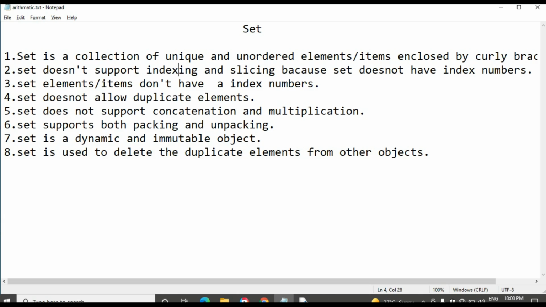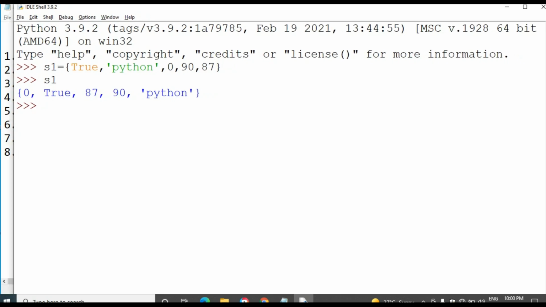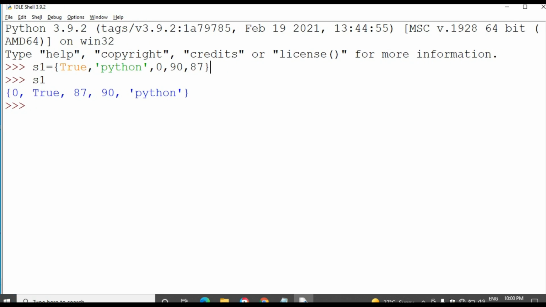Then the next point is that the set does not support indexing and slicing, because the set does not have index numbers. We can't give index numbers. If the set had index numbers, the order would not change, but in this case the order has changed.